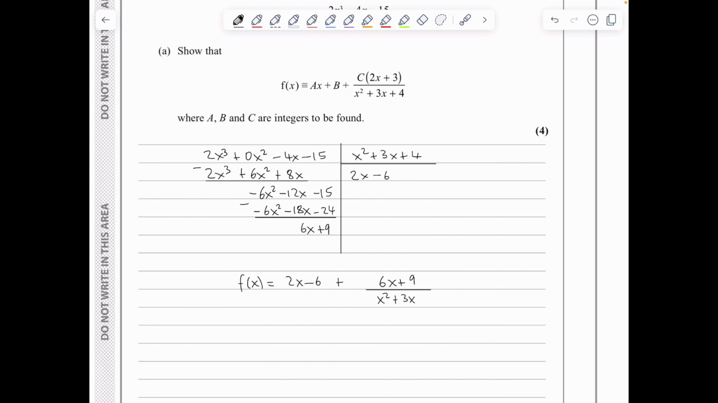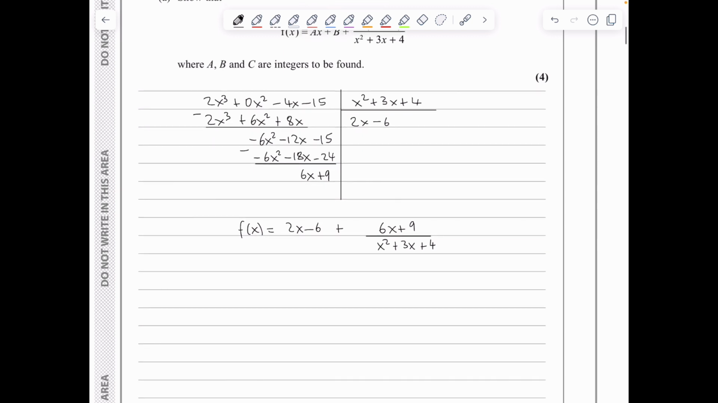Well, I can proceed into factorizing the 6x plus 9 to match the form of the answer I need to arrive at. So we've got that f of x is 2x minus 6 plus 3 brackets 2x plus 3 over the x squared plus 3x plus 4, and therefore we conclude that a is 2, b is negative 6, and